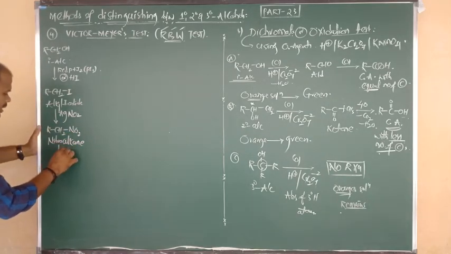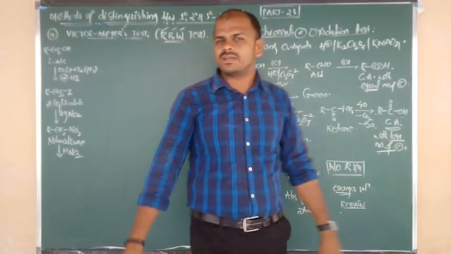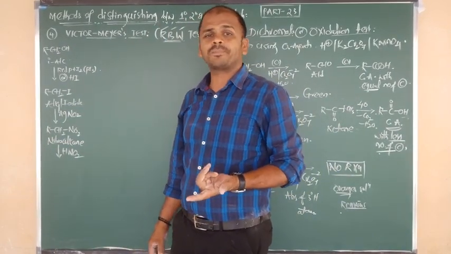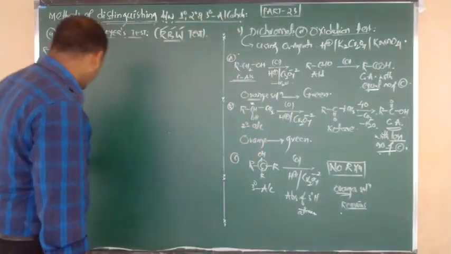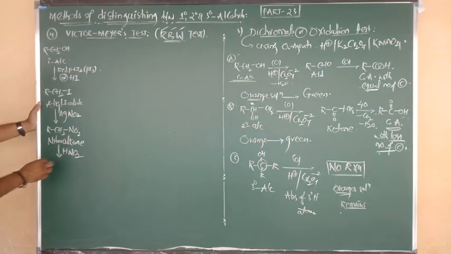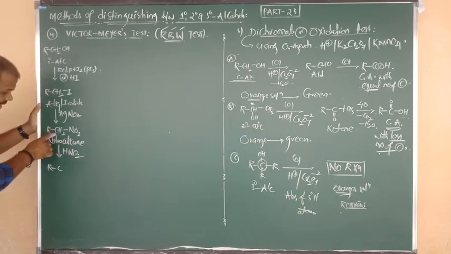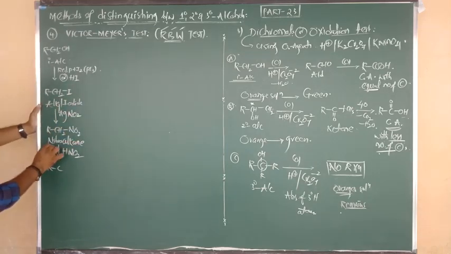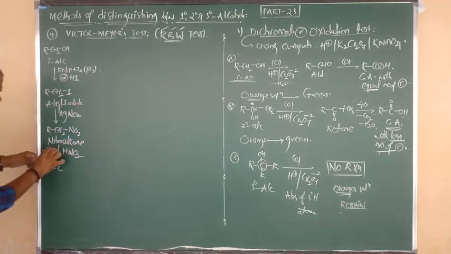Such a nitroalkane now undergoes reaction with HNO2, nitrous acid. Not nitric acid HNO3; HNO2 is nitrous acid. On reaction with nitrous acid, it acts as an oxidizing agent. Let us see now. R bonded to C, I am writing as it is. From the central C, how many hydrogens are there? Two hydrogens. Both hydrogens are removed in the form of H2. HNO2, an oxidizing agent, means it gives one of its free oxygens out. So remove H2O.